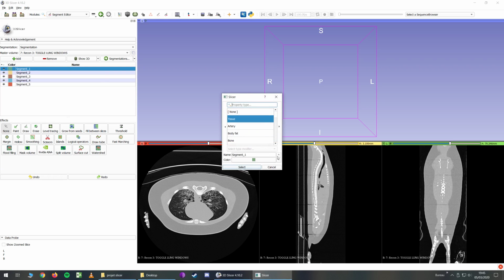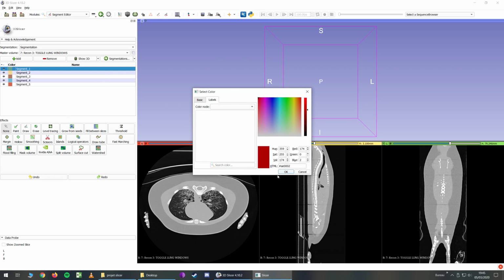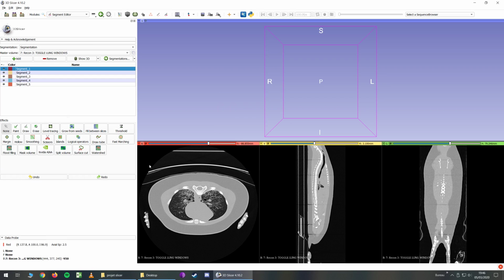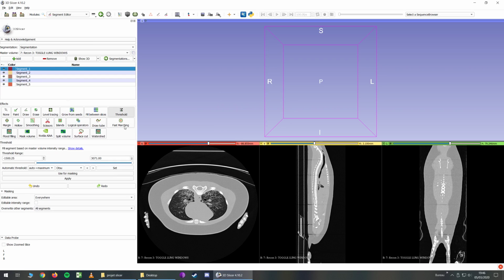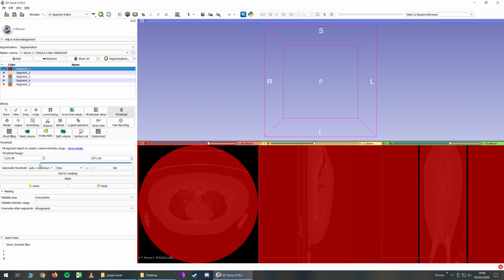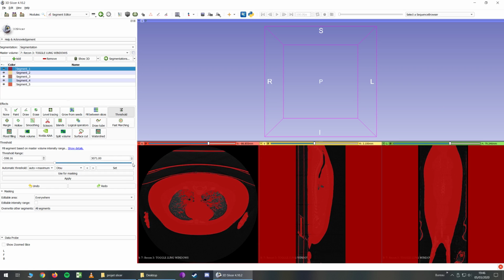So let's choose a color. You should use probably red because you see it much better on the screen. And so you use threshold and you choose the right density. You want, of course, to have all the bones, so you can put this all the way on the right. And you want to have the most tissue possible, but you don't want to have any air outside the